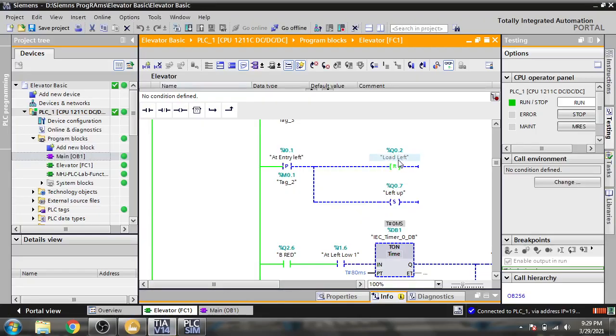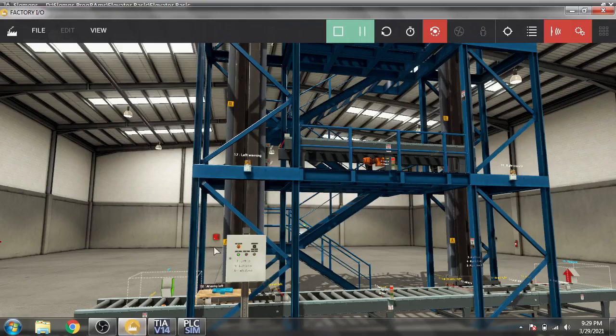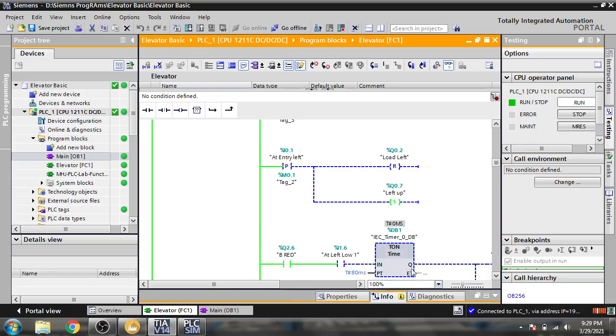Then it will reset load left and set left up. So what is reset load left and set left up? It sets left up.